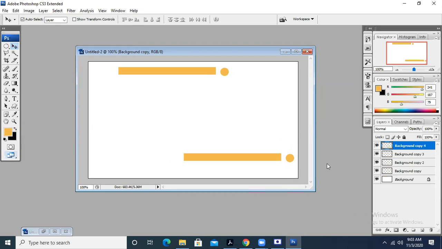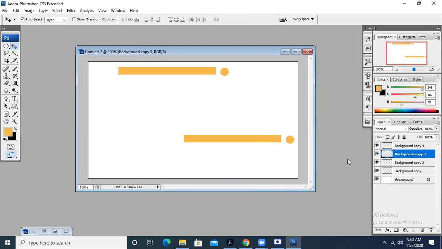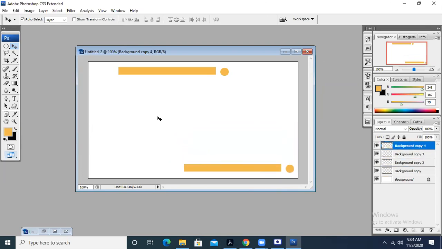We can make multiple copies of it, just like you can see. So you can design the border with the rectangle tool, the circular tool, by taking different kinds of images at the corners, and we can change the borders according to our will.